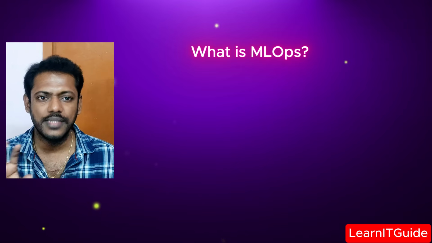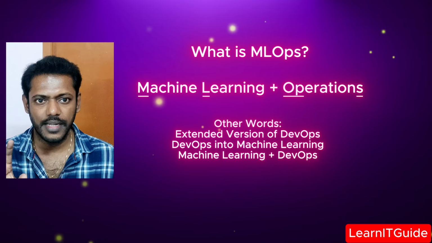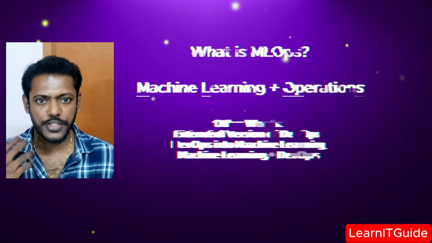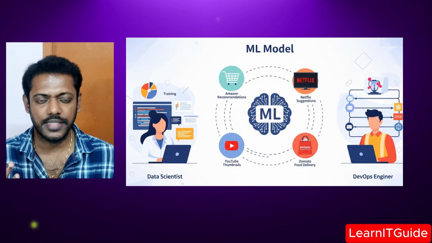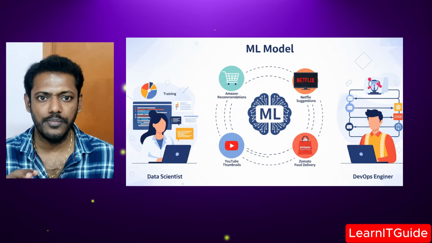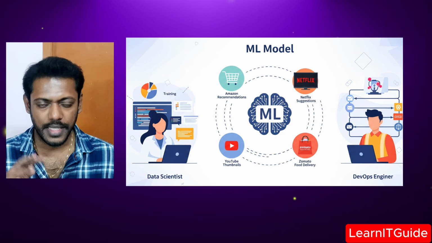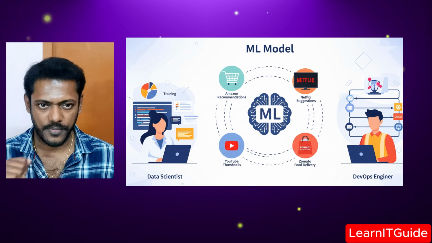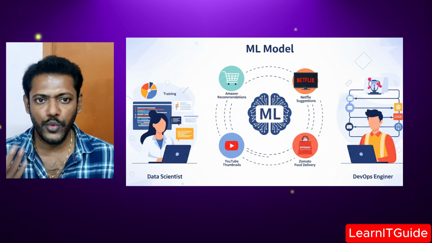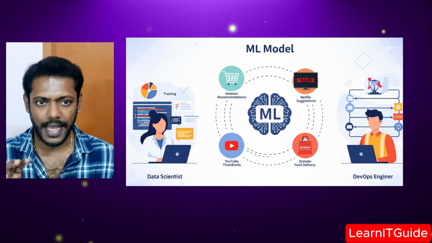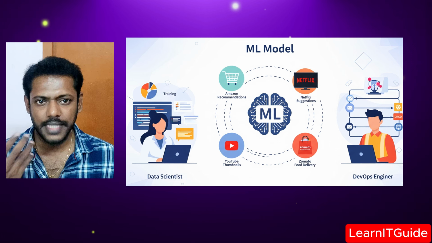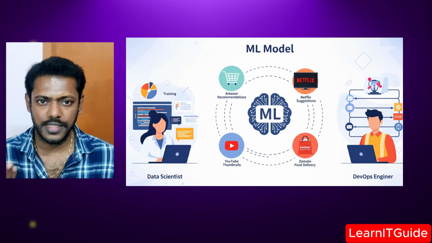Okay, now what is MLOps? Just like developers give us the application code, ML engineers or data scientists will give us the machine learning models. We DevOps engineers don't build models, okay? That is the job of ML engineers or data scientists. Our job is to deploy the ML model to production, automate retraining when new data arrives, and monitor the model performance. Is it still giving accurate recommendations or not? And scale it for millions of users if there is a demand.